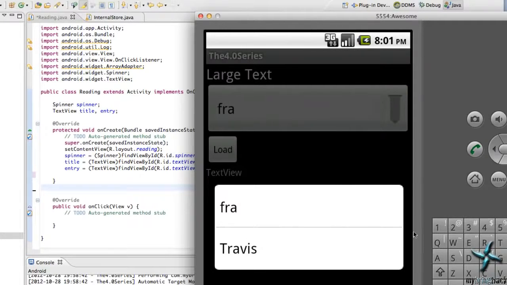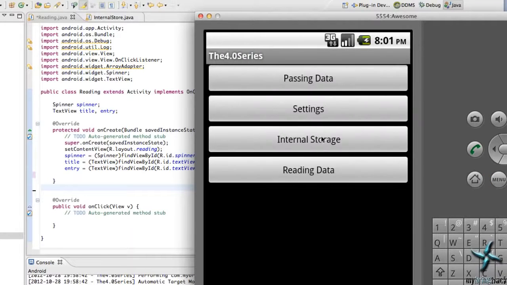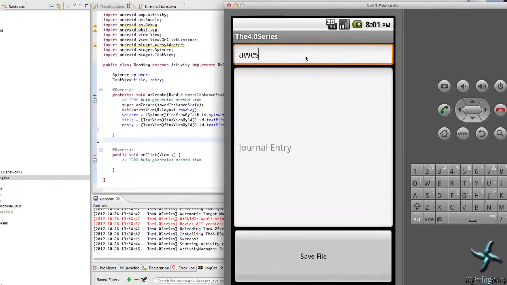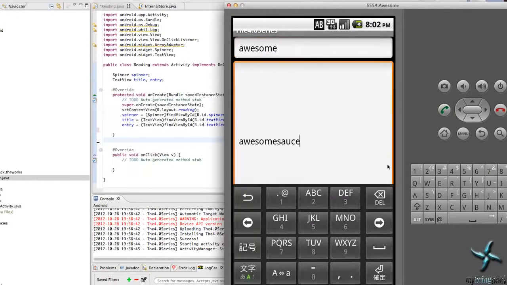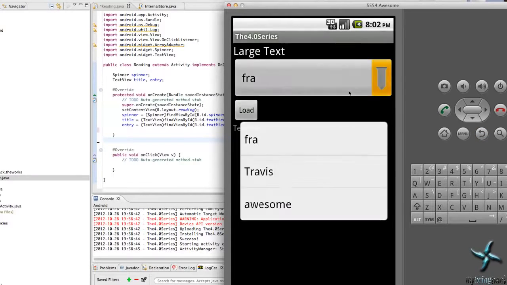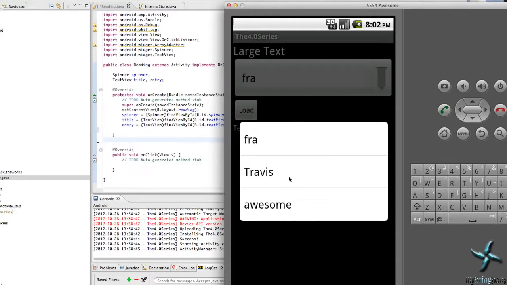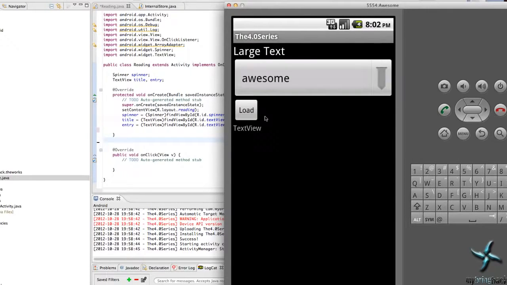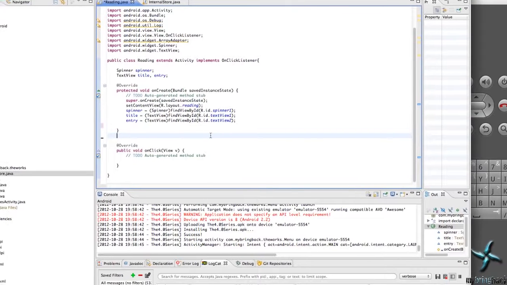for you. This is what we're going to do in today's tutorial: pull up a list item or a spinner of all of our saved files within our application, because we've created an internal storage where we can label a file such as awesome, so we can save that file now and go back to reading our data, and we'll have that new feature within our spinner here as well. That's all we're going to do for today's tutorial. Then we'll eventually load it, and it'll load up the actual text that we saved in this text view down here. So what we need to do is open up our spinner class, our reading activity, and